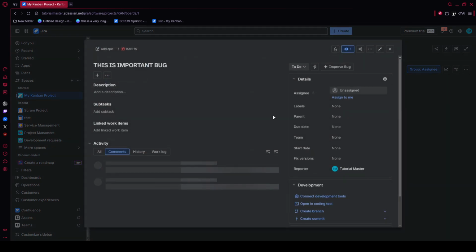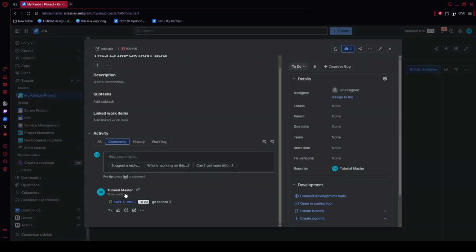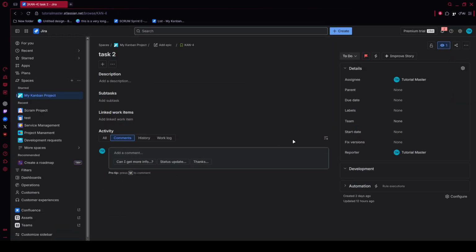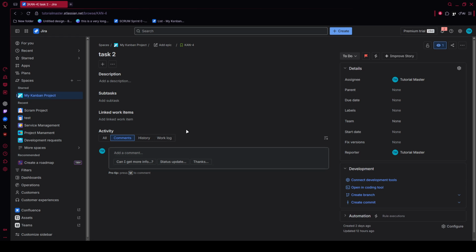When everything looks right, click the link button at the bottom of the panel. Jira will save the relationship immediately. As a final check, review the linked issues section on the ticket and confirm the issue key, summary, and status appear correctly. That way, you can be sure your new issue